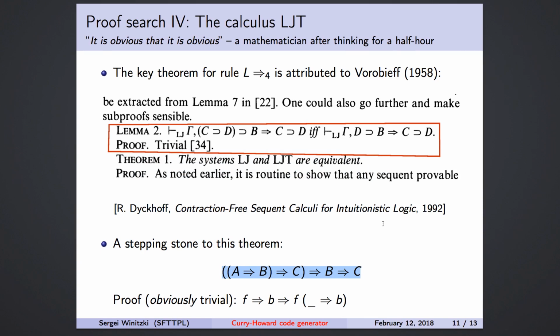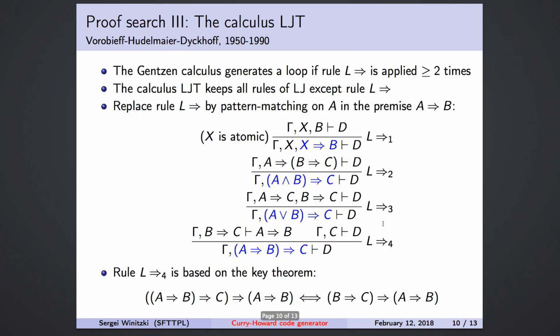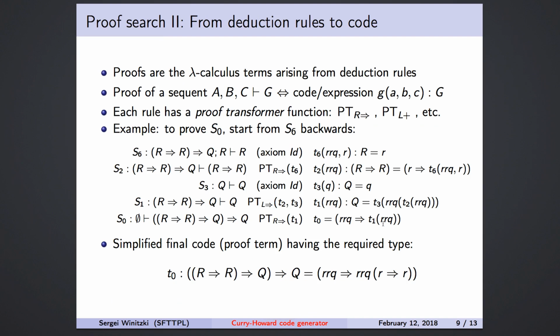So after this trivial proof, let me go back to how we actually get code out of proofs. So I just showed you an easy way of visualizing the proof. A proof is just a function that has this type. But somehow you juggle around all these arguments and put one function into another and so on, and somehow the type comes out right. So that's what it is. So proofs are actually terms in lambda-calculus. And deduction rules,